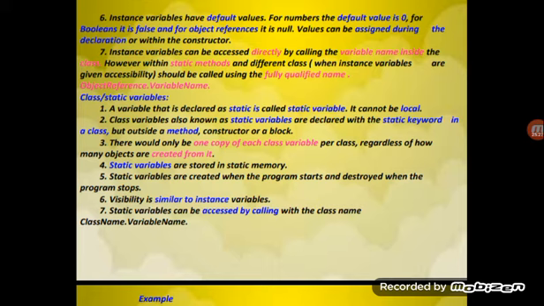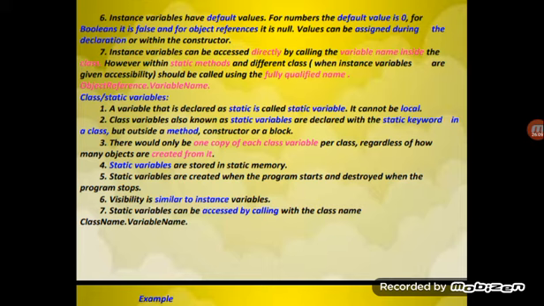The class variables, also known as static variables, are declared with the static keyword in a class, but outside a method, constructor or block. There would only be one copy of each class variable per class, regardless of how many objects are created from it.